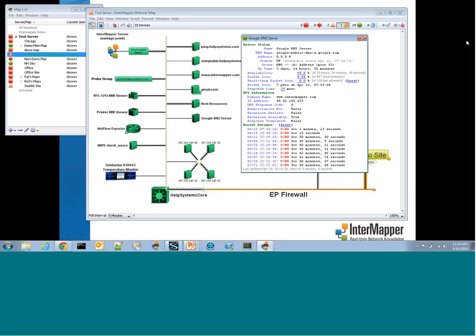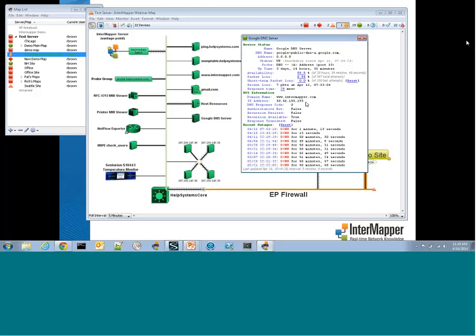And so what we see here is I've configured this probe to ask specifically, what's the IP address of www.intermapper.com? And I've also configured into it, and I'll show you that in a minute, the right answer,